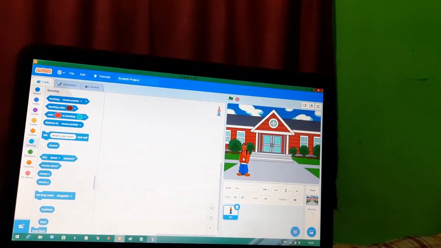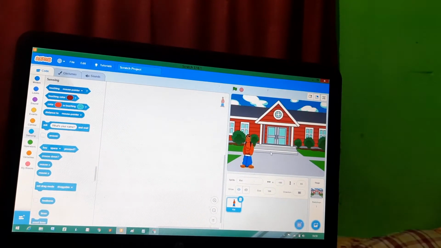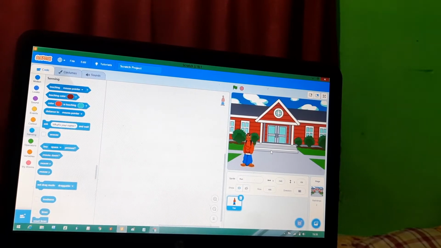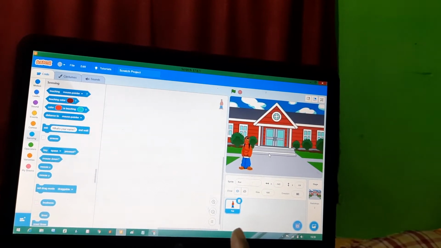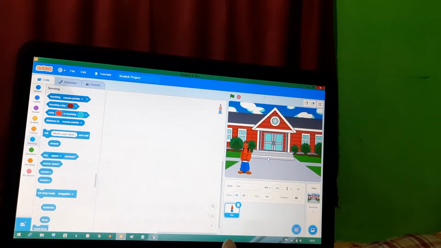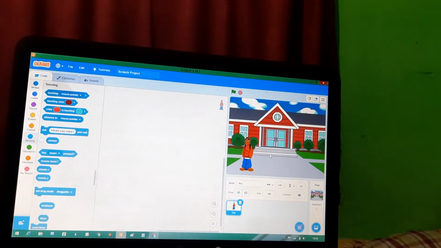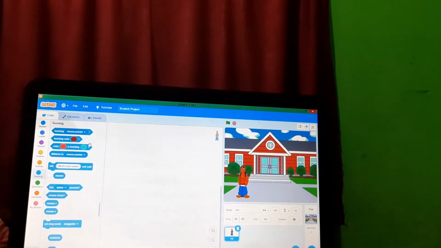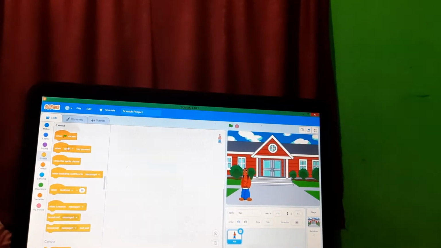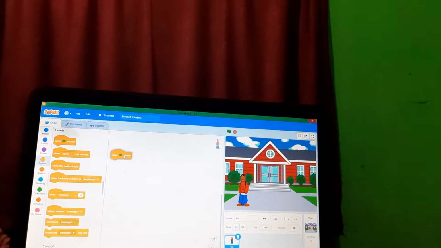Now Kai is standing here, and using the sensing block we are going to ask a question. Kai is basically asking a question and he is also giving the answer, because there is nobody else there. So let us do that. First we have to use the event block. The event block is done.